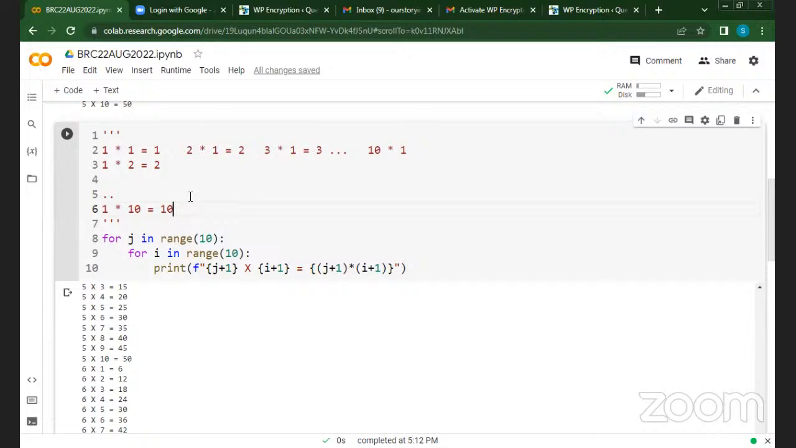I don't want to print one below another. I want to print next to each other. I want to print 1 into 1 equal to 1, 2 into 1 equal to 2, so on. Right? Okay. So how do we do that? So see here,